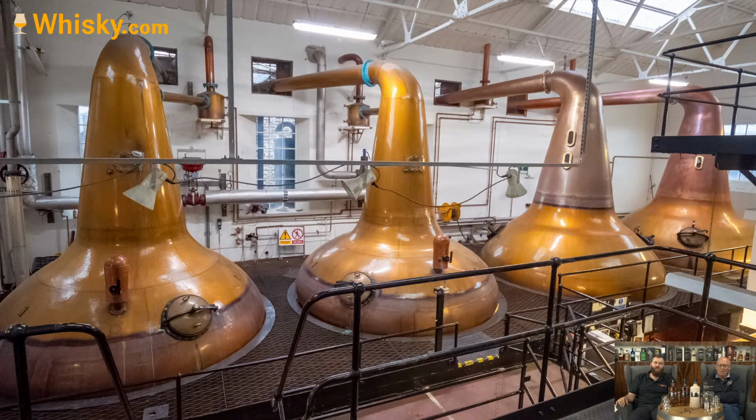They have no reflux bowl, they have no constricting piece, so they are pretty straight and pretty wide, and so they should give you a pretty spicy spirit, and that's actually what they have. It's not overly spicy, as they don't run them too fast, but it has a good amount of spiciness and oiliness, and that's what we feel in the Highland Park spirit, that it has a lot of character, because it's not as fine and refined, but has a bit more rough character,